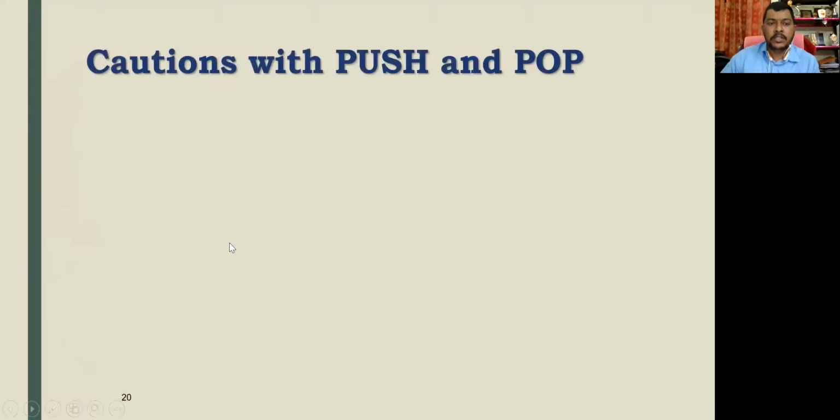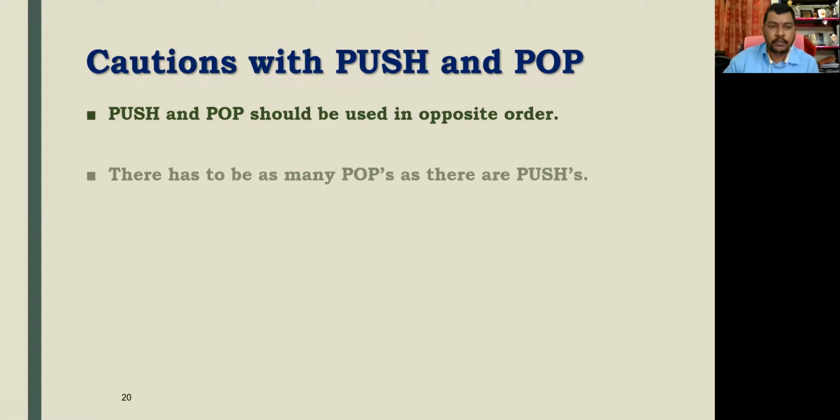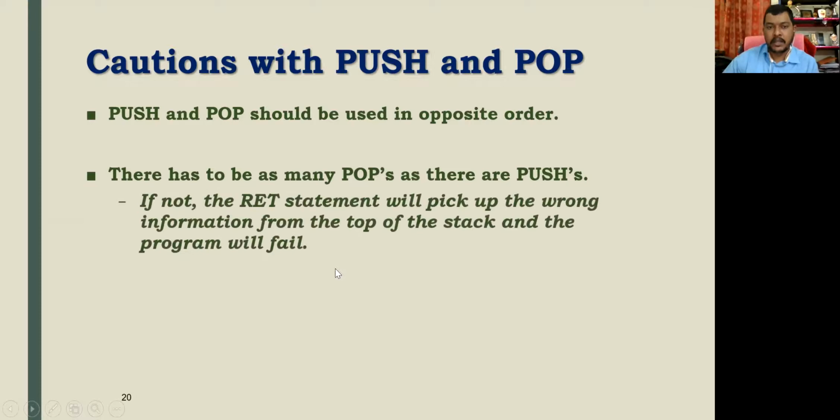So next we have the cautions, the precautions to be taken with the push and pop instructions, right? So push and pop should be used in opposite order. याद रखिए पहले push किया है तो वही पॉप पहले करना है, जैसे हमने जब भी दिखाया पुश डी, राइट? तो पॉप करते हो पहले पॉप डी करना पड़ेगा और बाद में पॉप बी करना पड़ेगा. तो वैसे ही लास्ट इन फर्स्ट आउट वाले सीक्वेंस. So there have to be as many pops as there are pushes. तो जितने pushes लगे हैं उतने ही pops लगाने हैं, याद रखिए.